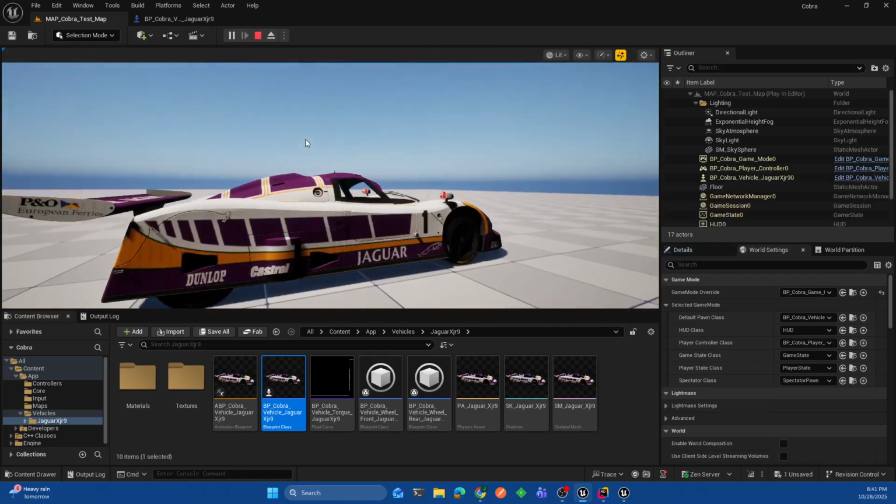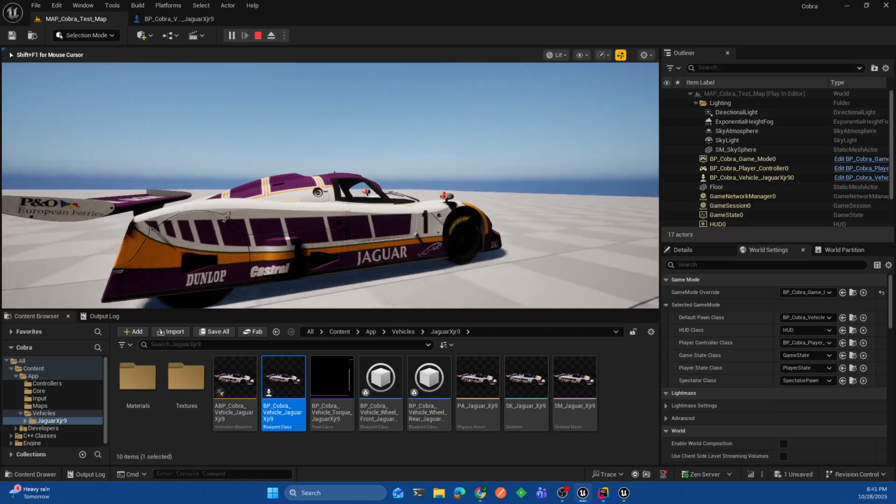There we go. And you can see the suspension work. It's obviously way too bouncy for this car. You can see how high, look at the wheel gap. So obviously there's a lot of work to do on those values, but that's not really what I'm worried about at the moment. I want to see if it drives, and it does. It's forward, stop, backwards,